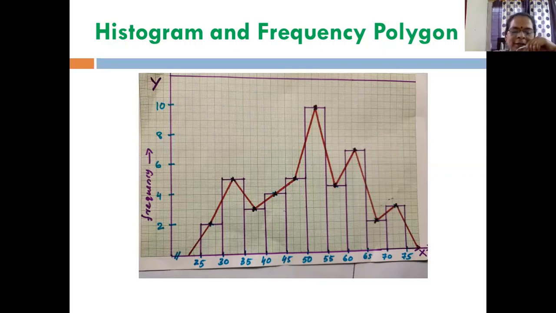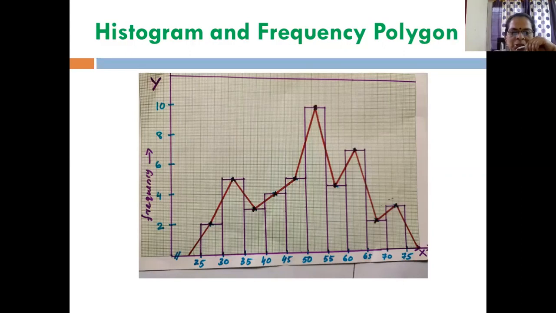Here I have given a break from the beginning to show that between the origin, that is 0, and 25 there is a gap. From 0 to 25 there are 25 divisions, but for convenience we have started from 25. To show that the gap is not the same, I have taken a break. Whenever you start a graph, keep in mind that if you are not starting from 0 itself, you give a break to show that it is not starting from the beginning. So here the limits are there, then you take the corresponding frequency, then you draw the rectangles, and they should be adjacent.